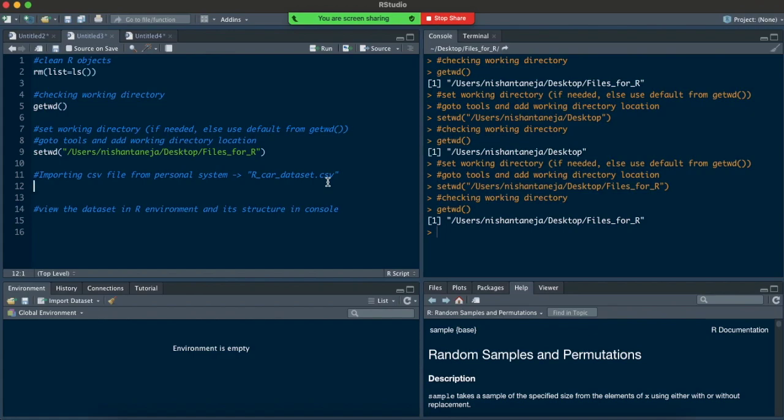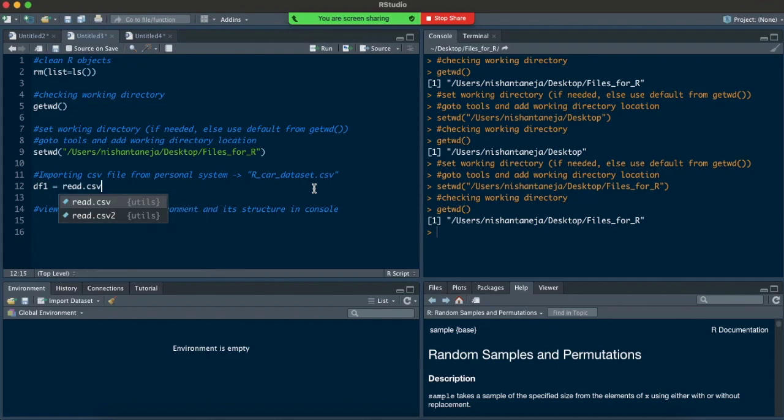CSV is a particular type of file which is comma separated values. There is a proper command in R which helps us get the data set from that folder into an R data frame on which you can do further analysis, and we'll cover that in the upcoming videos. But as of now, we just want to know how to get that data set from your folder into RStudio. Coming to the most important line, you'll name this data frame df1, which is equal to